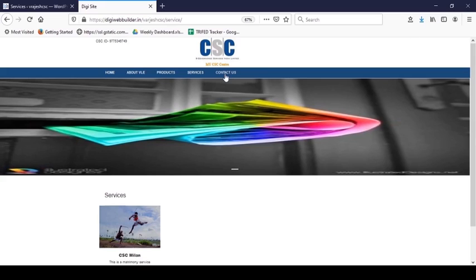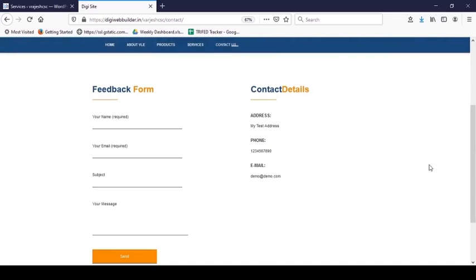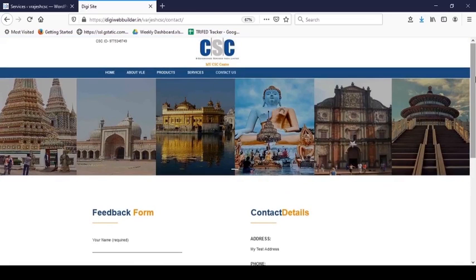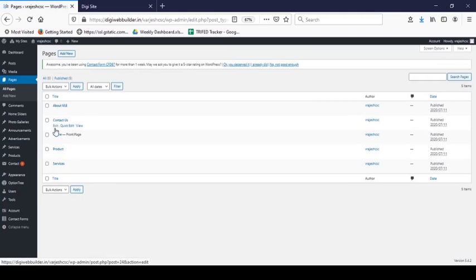Now we will edit contact us page. In this page, we can edit this featured image and contact details. First, we will see how to edit this featured image. Go to the Pages tab, Contact Us, Edit.